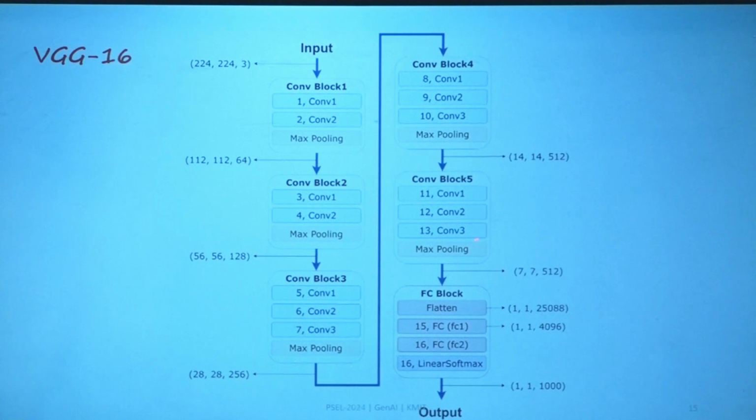This is connected to one fully connected layer and then another fully connected layer, and at last a softmax activation. Because this model has been trained on the ImageNet dataset of 1000 classes, softmax activation is applied. If we use the same thing for your own task, the last activation has to be defined accordingly.